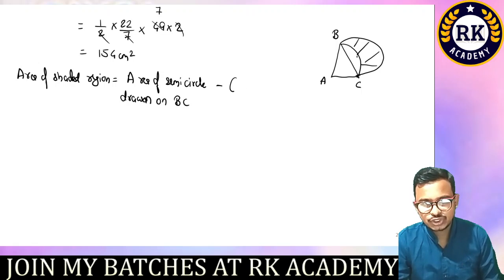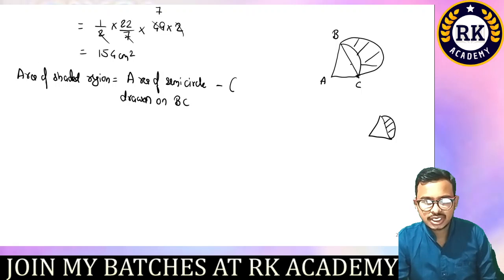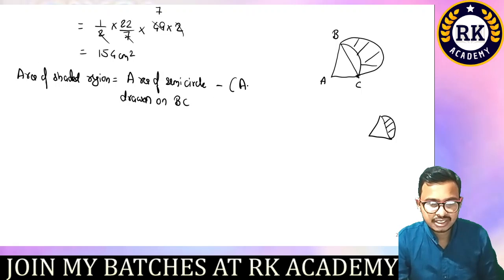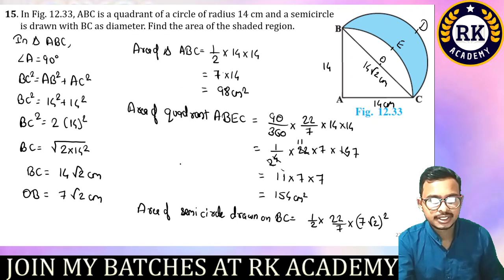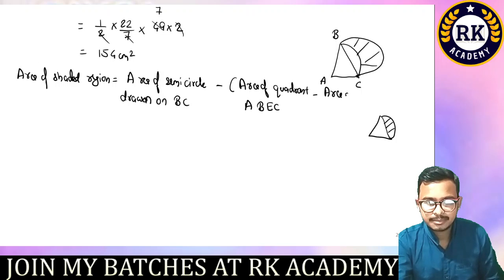आपको सिर्फ ये पोर्शन हटाना है, which one? Now you have to only remove this portion, which one? इतना सा पोर्शन निकालना है। तो उसको इतना पोर्शन अगर हटाना है, that is only a part of segment. सो सेगमेंट निकालने का फॉर्मूला क्या होगा, area of sector, और you can say quadrant, which quadrant, you have found that quadrant, area of quadrant ABEC, उसमें से area of triangle ABC निकालना पड़ेगा।